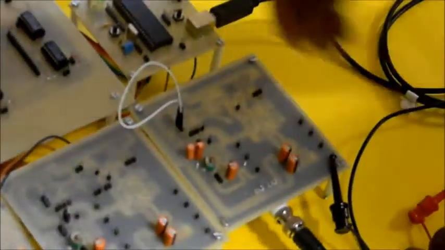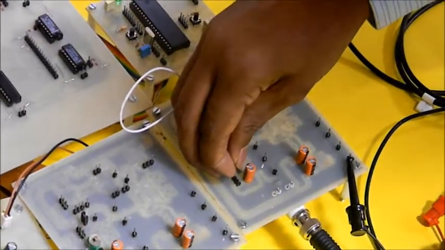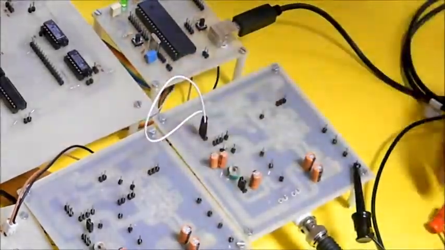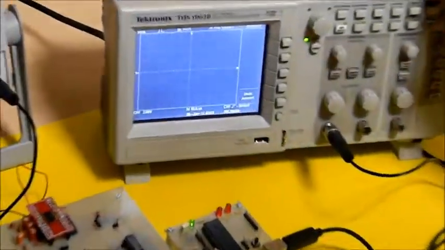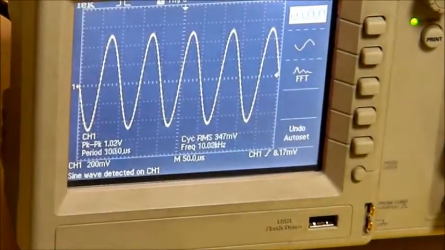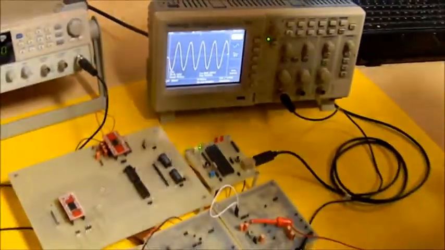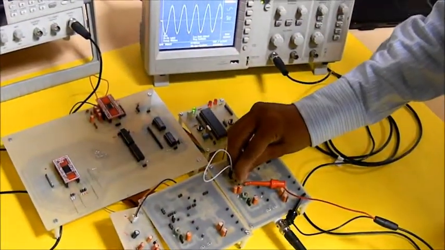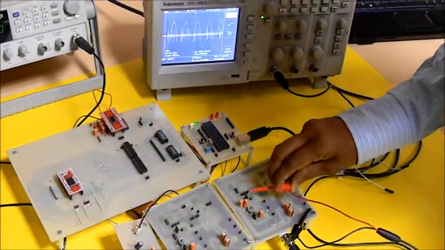So we now apply the input to the OPA2320 buffer and amplifier, which will correct the current settings and drive further stages. This is the output of our attenuator circuit. Now, as we can see, the amplitude has been scaled down. The previous amplitude was 11 volt, now it is 1 volt. Connecting these two points will further feed it to the buffer OPA2320, which is a current booster for our circuit.